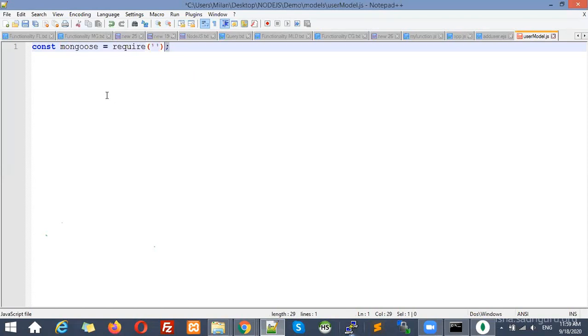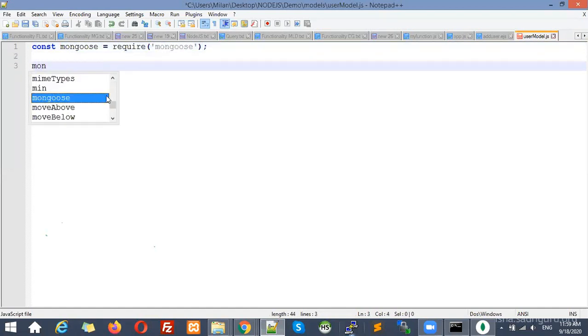So mongoose required. In JavaScript the semicolon is not required, but as we are habituated, we write the semicolon. So I'm going to use mongoose.Schema. This is the class that we are going to use. Inside mongoose there is a class, a schema, and I'm going to store it into a variable.